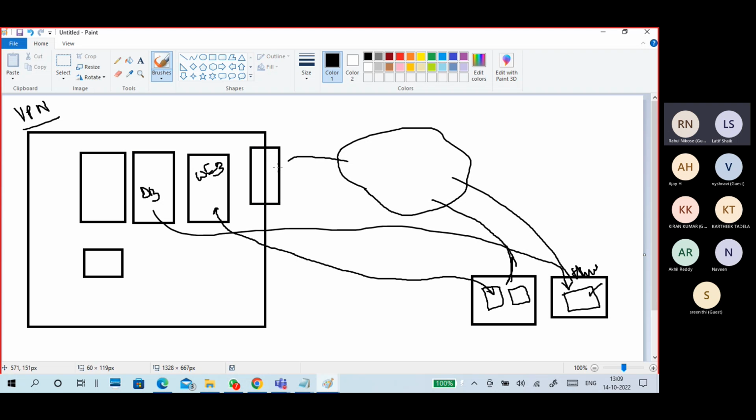A VPN server can be a Microsoft VPN server or a firewall as a VPN server. You can use whatever it is as a VPN server. Okay, so this is the connection.